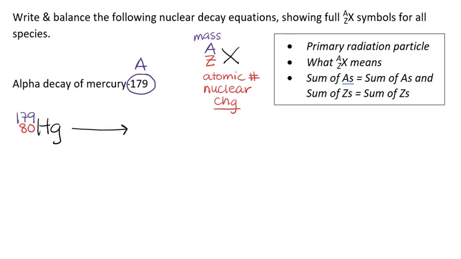And we're going to write the symbol for the radiation particle off to the side, so that we can write the isotope first. So I'm just going to write a plus sign over here, and then I'm going to write the symbol for the alpha particle. An alpha particle is simply a helium-4 nucleus. So we write the 4 at the top. Helium has an atomic number of 2,